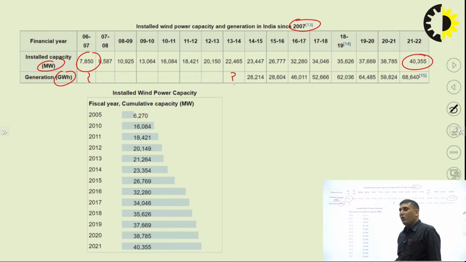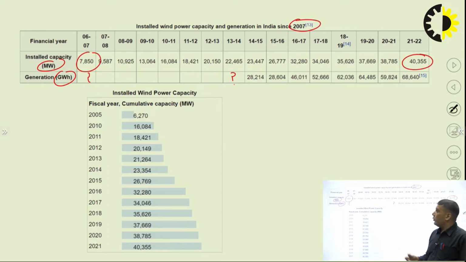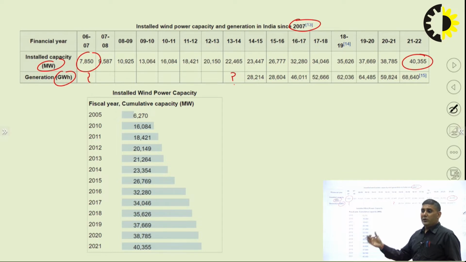Why is it so? It is so because in the 7-8 years before 2014, there was no audit for the wind energy generation. So when the BJP government came into power, they said we have to set up some standards, some measures to find out how much we achieved. If you can't measure, then how can we say that we are doing good or bad in a particular area?